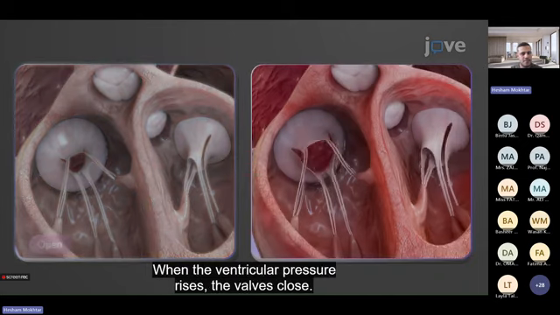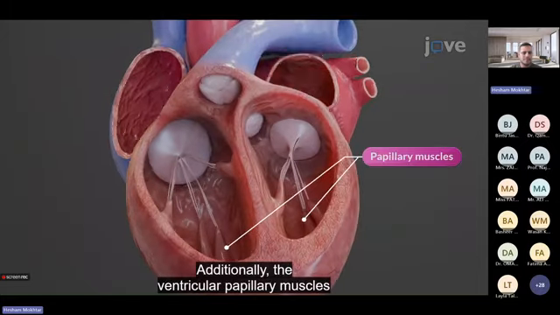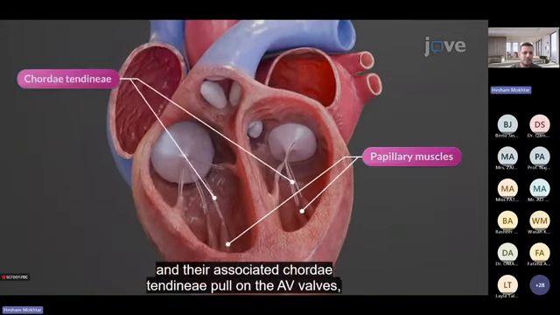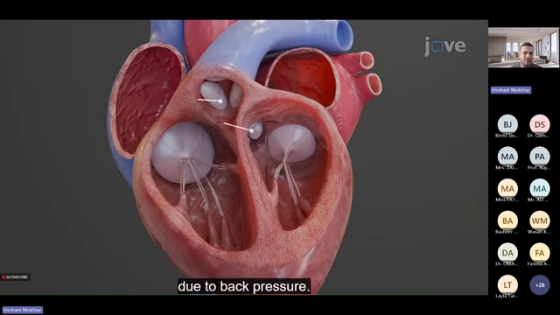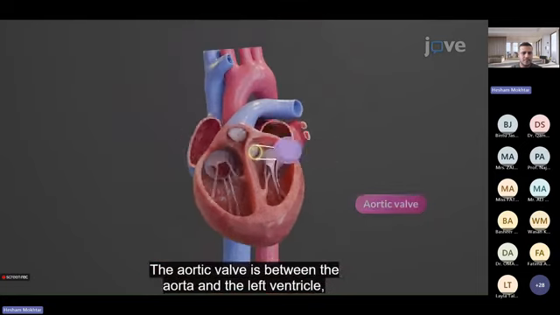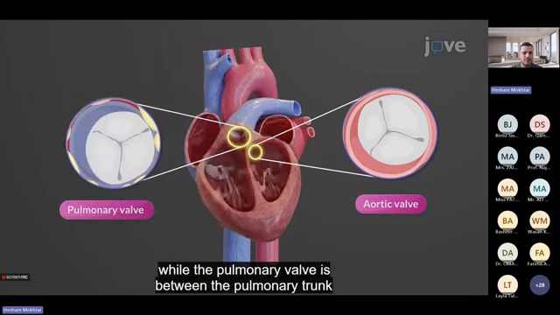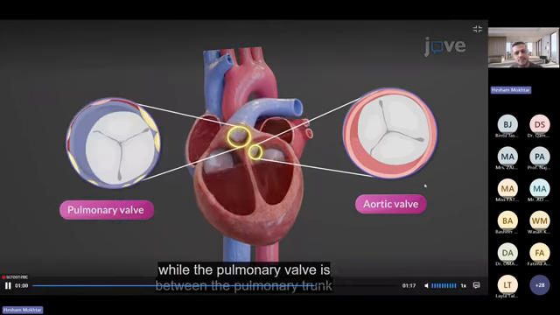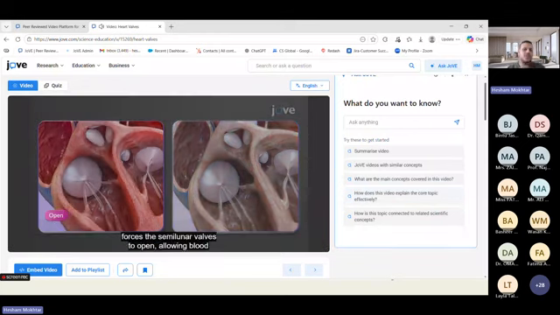When the ventricular pressure rises, the valves close. Additionally, the ventricular papillary muscles and their associated chordae tendineae pull on the AV valves, preventing them from opening into the atria due to back pressure. The semilunar valves link the ventricles to the blood vessels. The aortic valve is between the aorta and the left ventricle, while the pulmonary valve is between the pulmonary trunk and the right ventricle. When the ventricles contract, the increased This is like a quick, I'm just showing you a